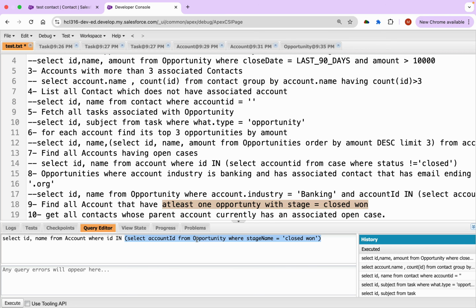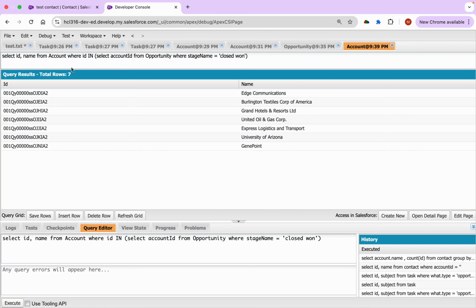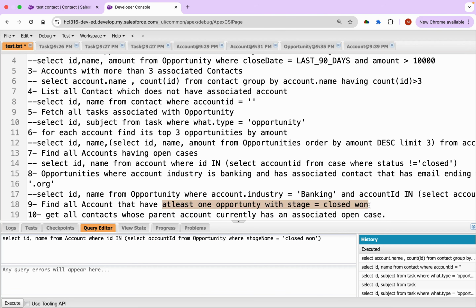And how do we do that? The association between account and opportunity is via the account ID. So in the where clause we have to find the account ID so that you can fetch the complete set of accounts. Okay, that's how you are going to do this. Let's execute this. We'll be able to find it. Okay, these are the account IDs we have. Let me write it down in this solution